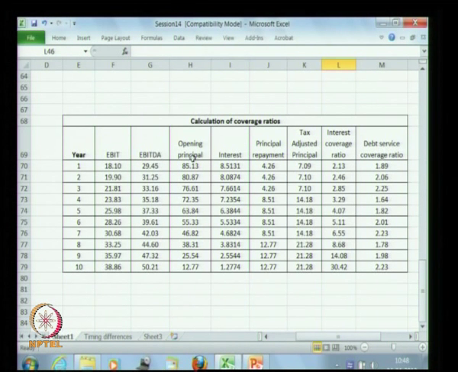And then we have what is called the opening principal, that is the total amount that was borrowed, which was 85.13 million, and since the interest on the loan is 10%, the interest that is paid in year 1 is 10% of the principal, that is 8.5131 million. We repay 5% of the opening principal in year 1, so the total principal that is repaid is 4.26,